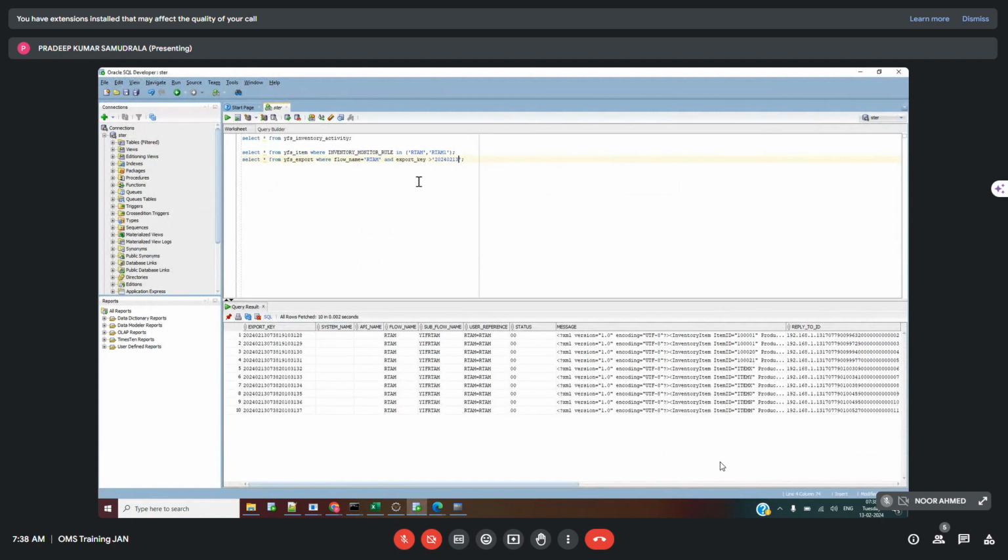RTAM2 is working fine. You can see that the minute I run that particular RTAM agent 2, it has taken